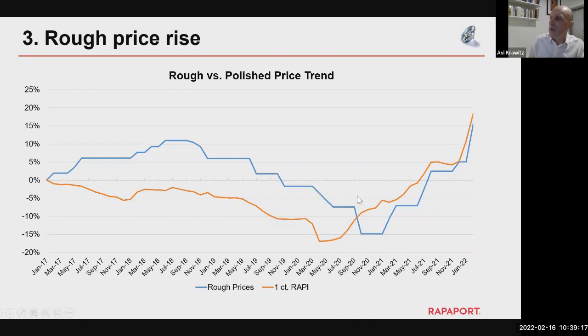And so we had this period where manufacturers or dealers in the polished market were making a good profit out of the rough that they were buying. Sometimes we're a bit quick to point fingers at the mining companies to say they are raising rough prices, and so that's causing polished prices to go up. But in this case, at the beginning of the recovery, the polished price recovery did precede the rough price